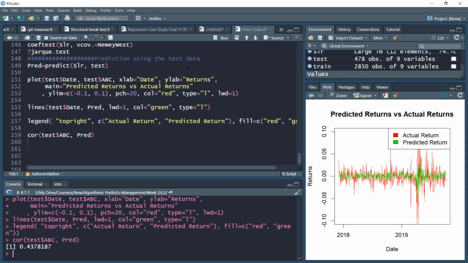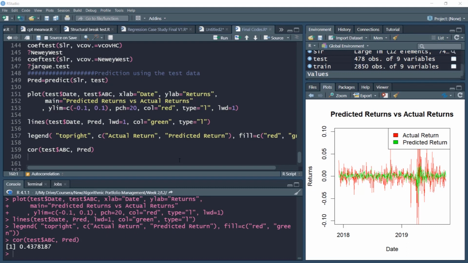linear regression algorithm. So to summarize this video, we created a predict object, then we plotted this predicted object along with our actual returns contained in the test data that we created. The dynamics appear to be reasonably similar. That means we are able to capture a lot of dynamics of actual return in our predicted object. We statistically examined this with our correlation measure. We checked the correlation between actual return and predicted returns. There is almost 43.8% correlation between these two entities. So it seems that our prediction algorithm has done a reasonably good job. In daily data context, this is a very high level of prediction efficiency.